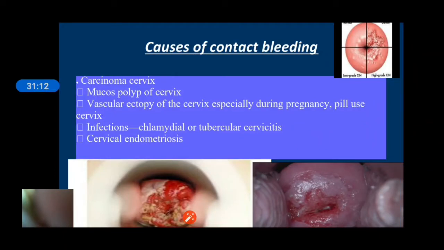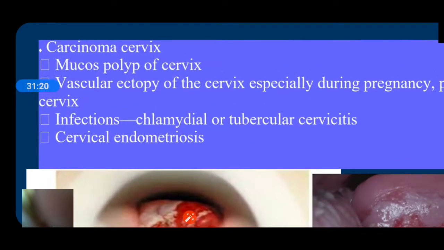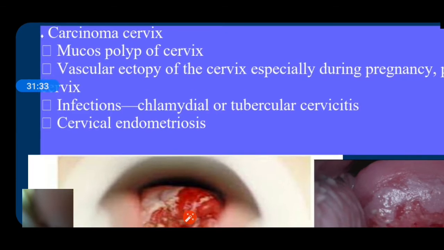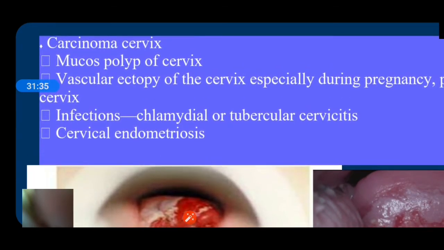Especially the exocervix is covered by the squamous epithelium, whereas the endocervix is covered by the columnar epithelium. But in cases of ectopy, that columnar epithelium of the endocervix comes out over the exocervix and forms some reddish mass, some extra mass will be seen. So that condition is called ectopion.